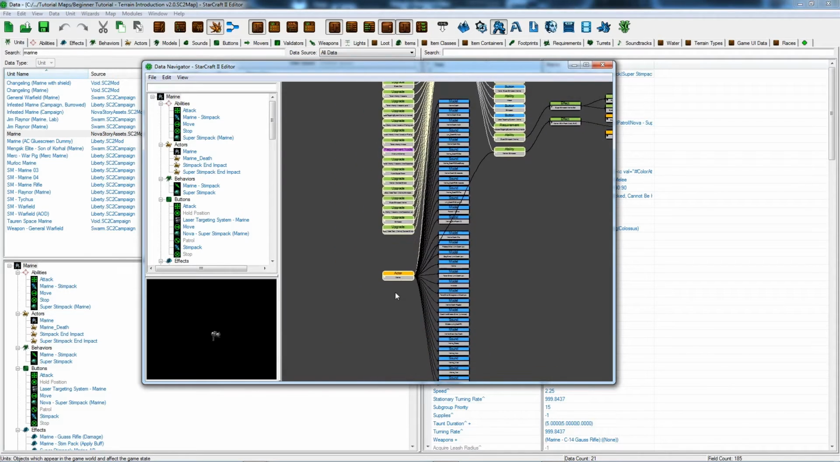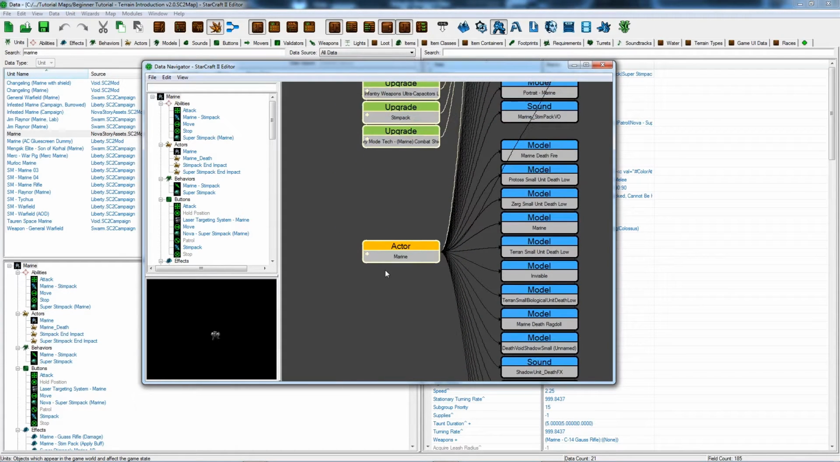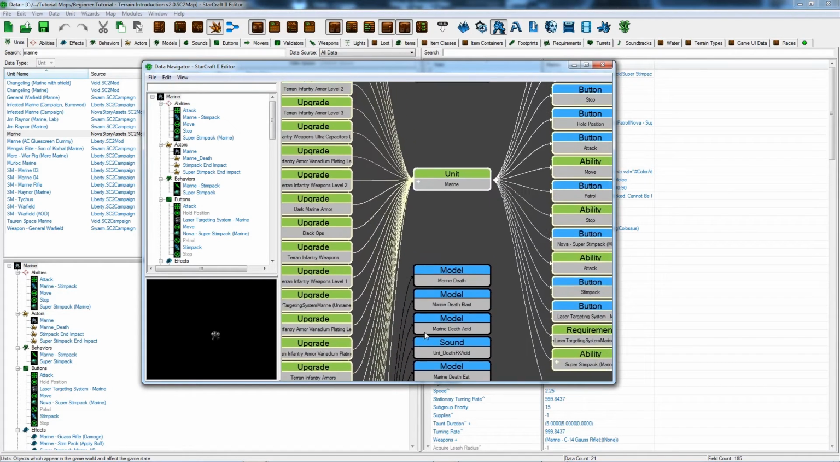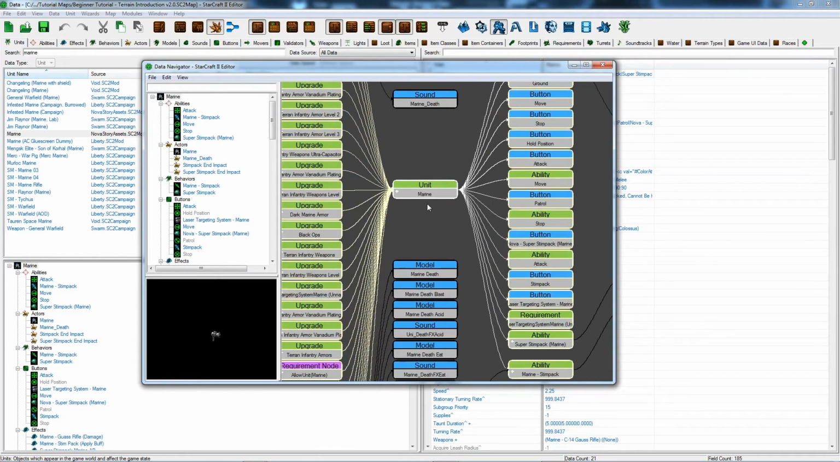So you can see you have an actor down here. Your Marine unit is not actually the visualization in game. You have to have an actor to visualize your unit. Just like with anything in the game, it's visualized by actors. Models and sounds and doodads and everything is visualized by actors. So this actor is attached to the unit, and the unit is something that can be manipulated in the game,